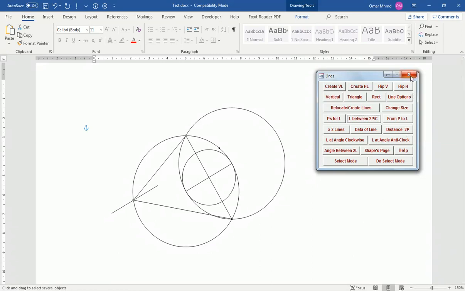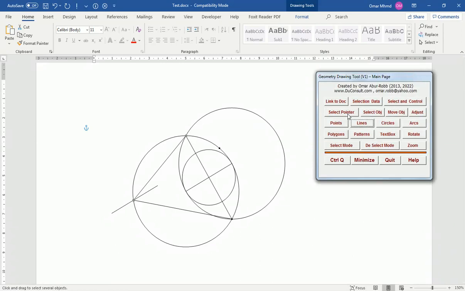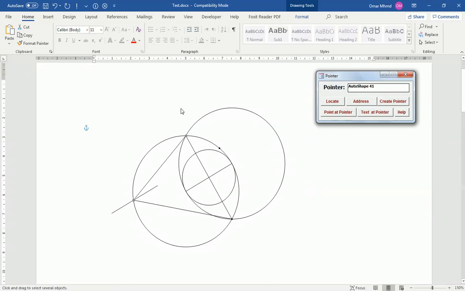There is another feature here that is very useful. Select a pointer. We don't have a pointer here, so we create a pointer. Now, the use of this pointer is that it gives me the ability to create a point at any space in the page. So this is a point, and also it will give me the ability to write text at any space in the page. So for example,